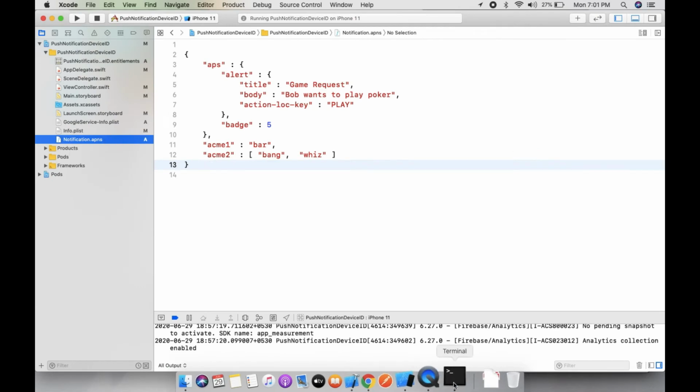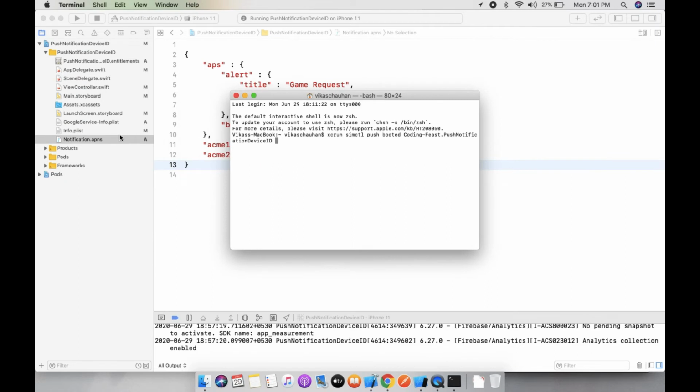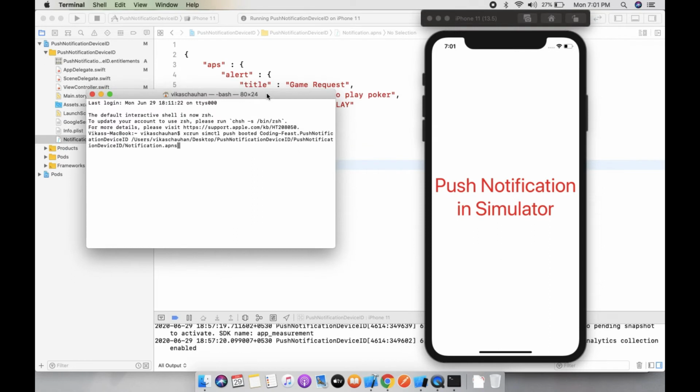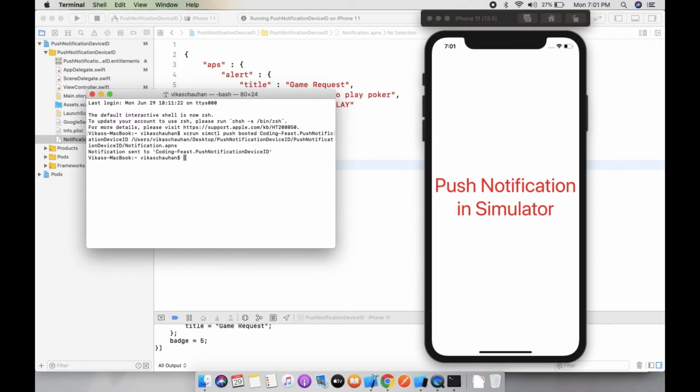You can just directly drag this file here, and the complete command is done. Now you can click on simulator first, then press enter.